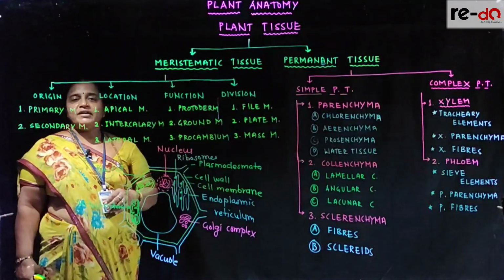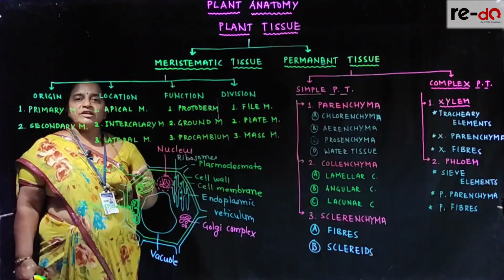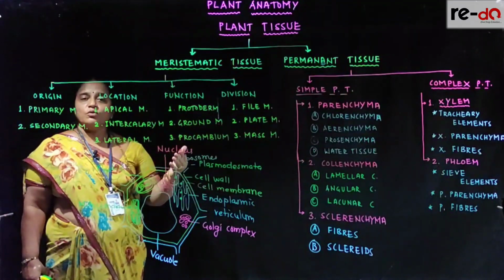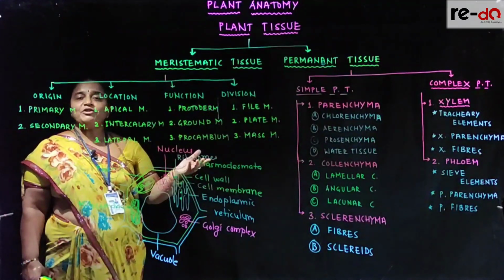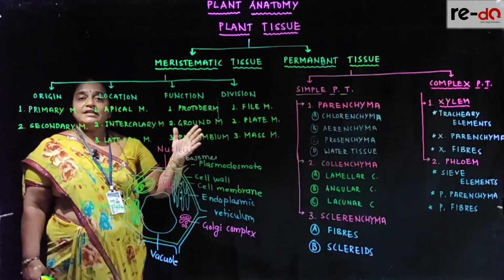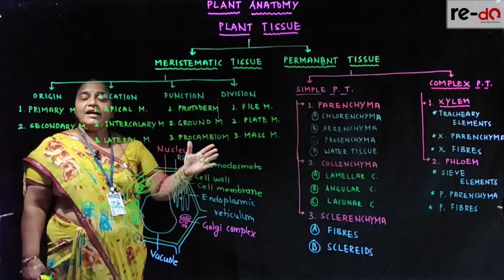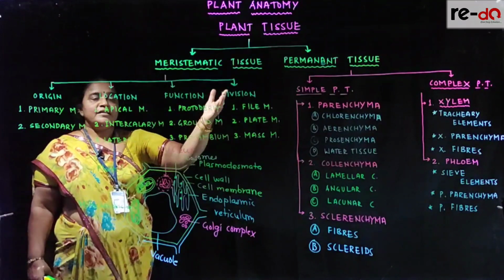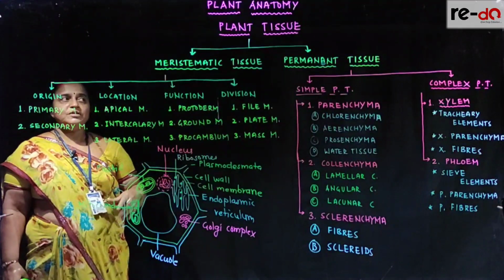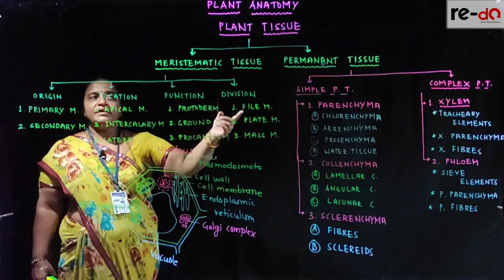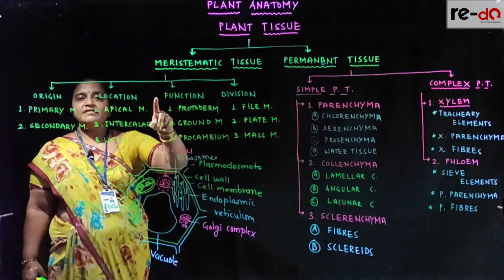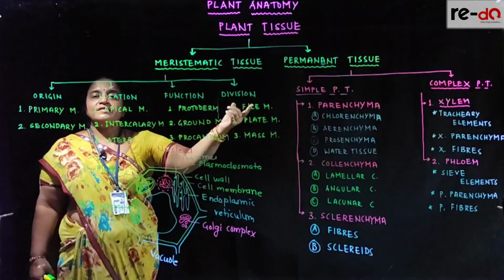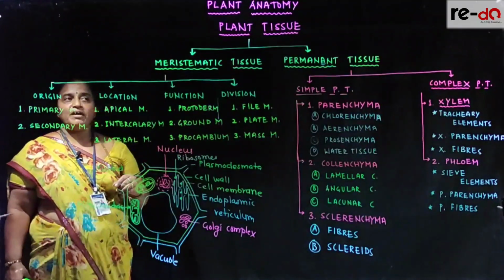Now this meristematic tissue has embryonic cells. When the cells divide, grow and start differentiating to perform the functions, they inhibit division ability and they become mature. Then it will form permanent tissue. So differentiated is permanent, undifferentiated is meristem. Meristem is responsible for growth, permanent tissue is performing various functions in the plant body.